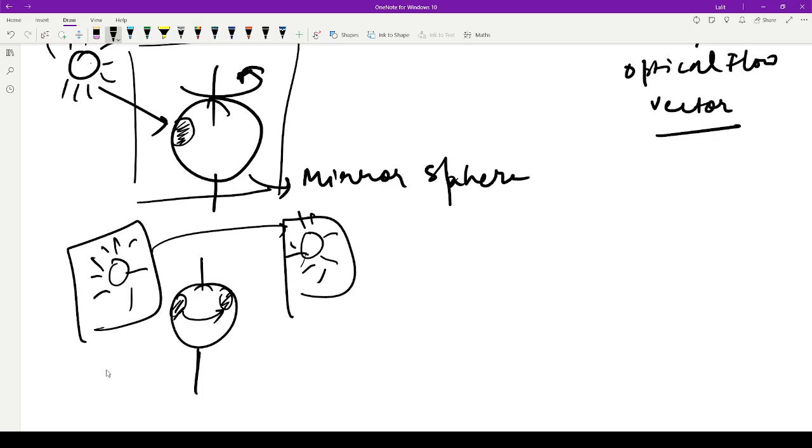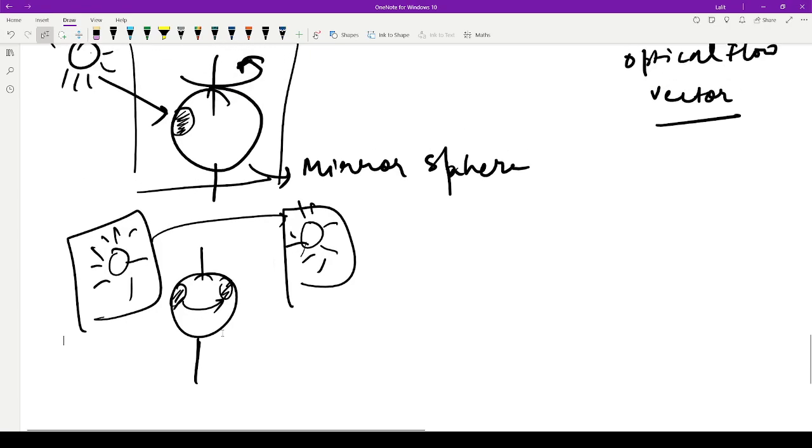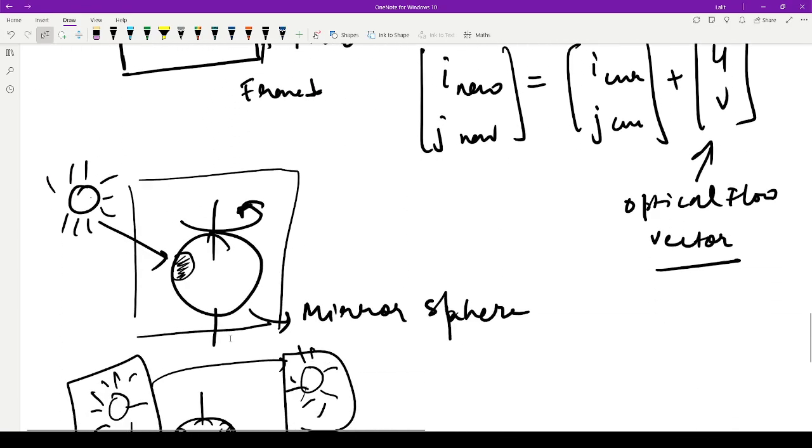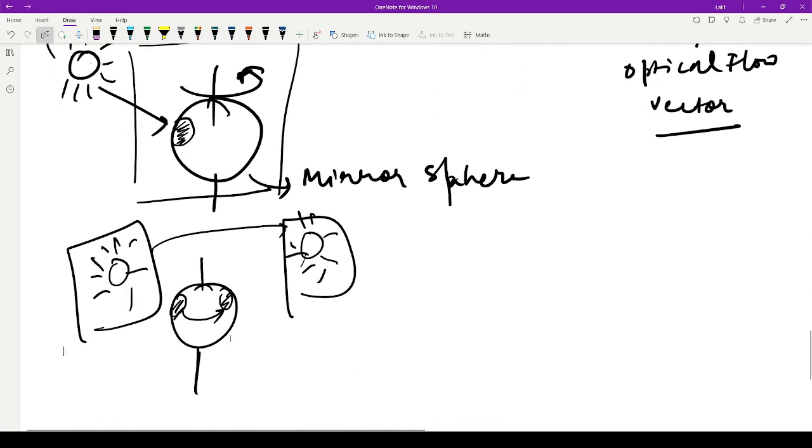Probably because once you would have clicked it in the morning, the other time you would have clicked it in the evening, but there is no actual motion of the object. The motion comes because of the lighting. So there's optical flow there, but there's no actual motion of the object. So both the things are not the same, but in most general conditions, if you think that your lighting source